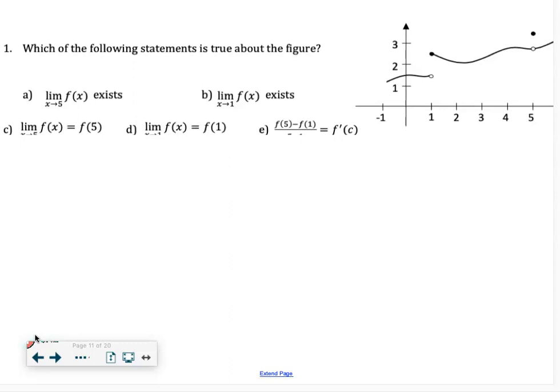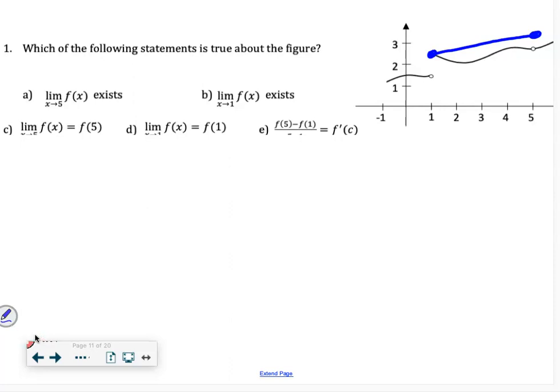The limit as x approaches 1 equals f of 1? No, the other one. Oh, E. I thought you said D. This one? F of 5 minus f of 1 over 5 minus 1. Okay, so this is saying, does the slope of the secant, f of 5 minus f of 1 over 5 minus 1, so that would be the slope of this line, equal f prime,